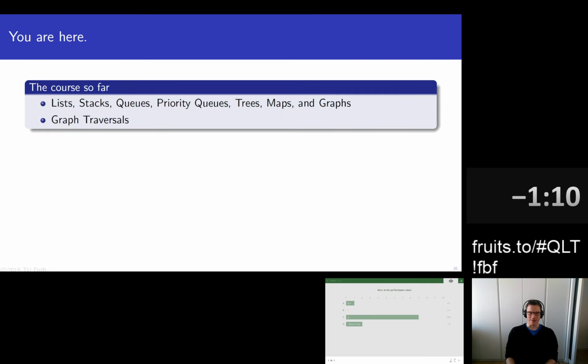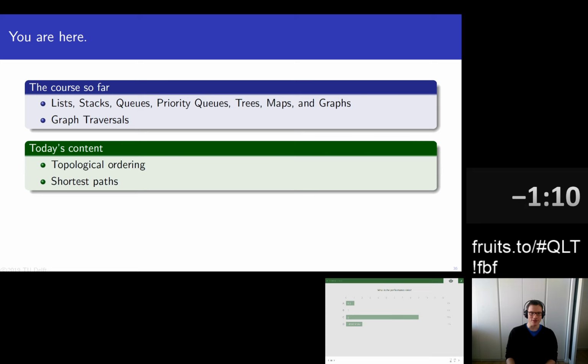That means that after today, you have seen also topological orderings, this way of finding an ordering of vertices so that when it's a dependency graph, we find a way of doing all of the jobs while the dependencies are satisfied. And we've taken a look at shortest path algorithms, and we've seen two. We've seen Dijkstra repeatedly pick the closest one to your cloud, and we've seen A star repeatedly pick the closest one to your cloud, but keeping in mind that from that point we add, we still need to reach our target. And we have some estimate, some heuristic for that last distance.